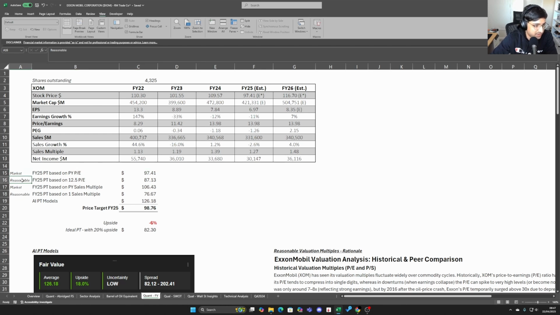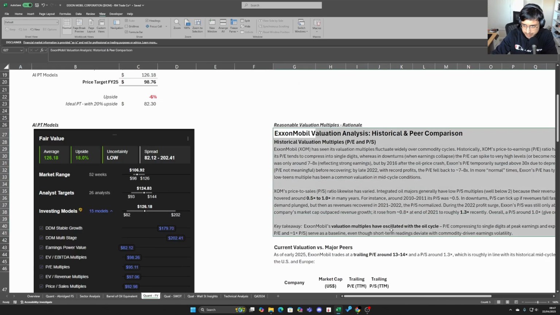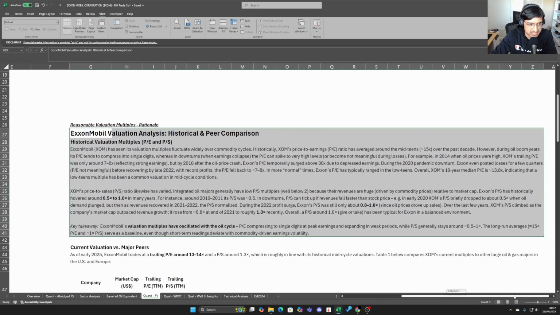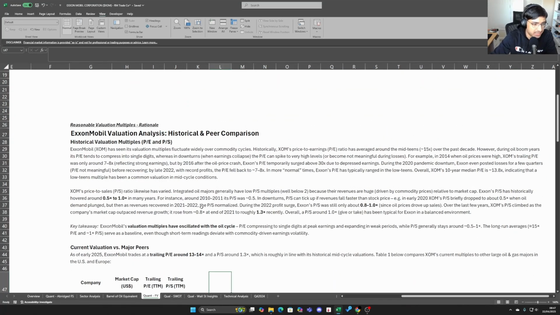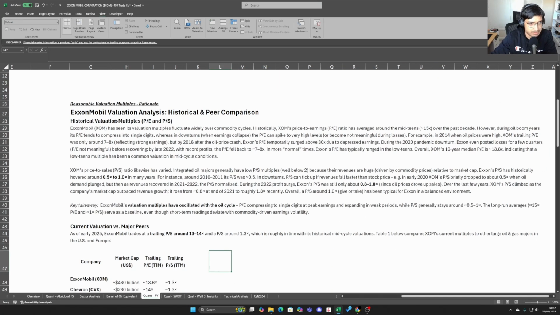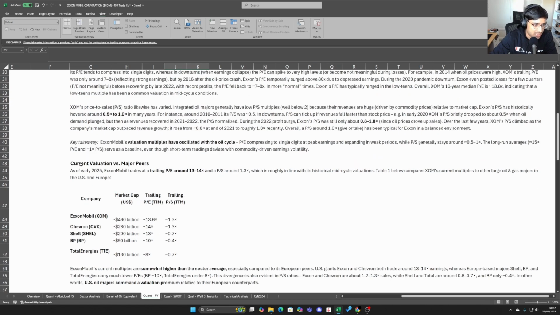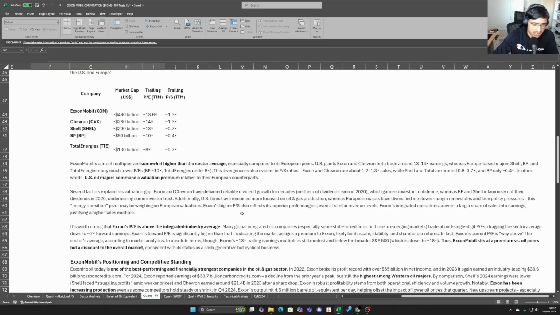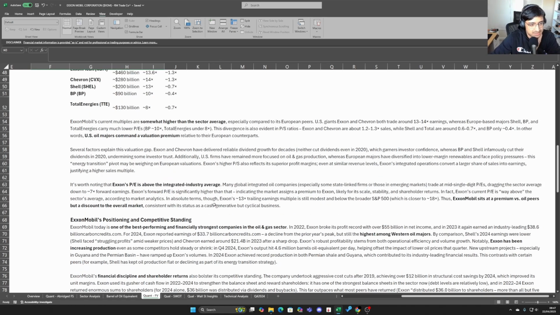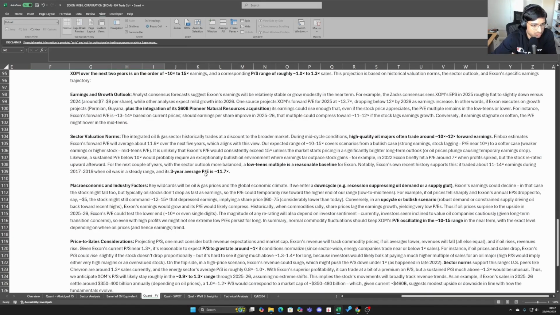And then I also like to value the company based on a reasonable valuation multiple, and break it down much more in the full analysis. But essentially, the reasonable valuation is based on multiple things, but primarily the historical valuation multiples the company has had in the past, plus the sector and its valuations versus its peers. Conjoining those two information factors, I then come to what I call reasonable valuation multiples.